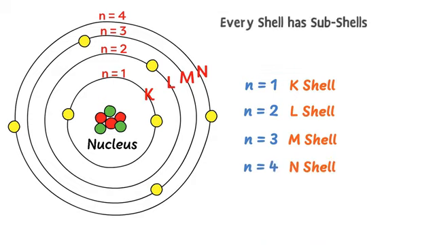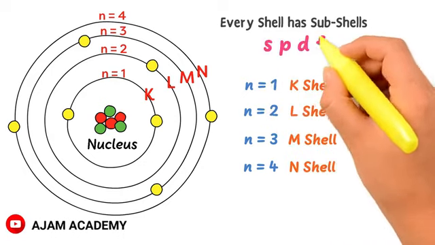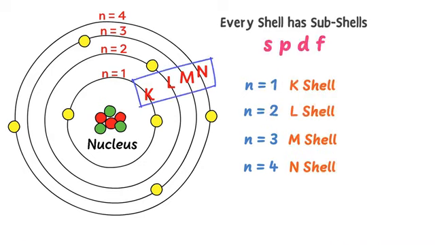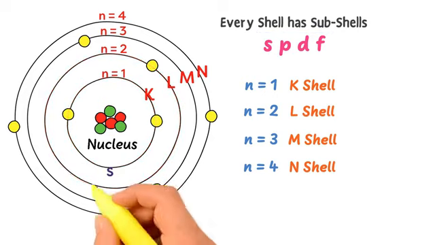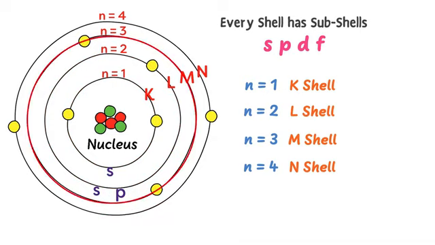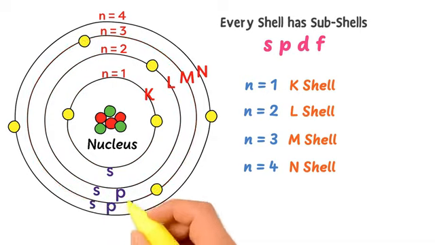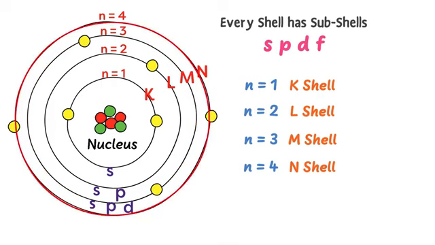Secondly, every shell is divided into subshells or sub-energy levels. Subshells are denoted by S, P, D and F. So K, L, M and N are main shells, while S, P, D, F are subshells within main shells. The first or K shell has only one subshell, S. The second or L shell has two subshells, S and P. The third or M shell has three subshells, S, P and D,